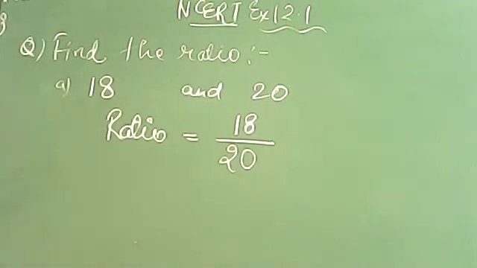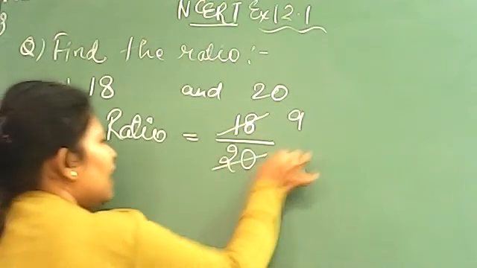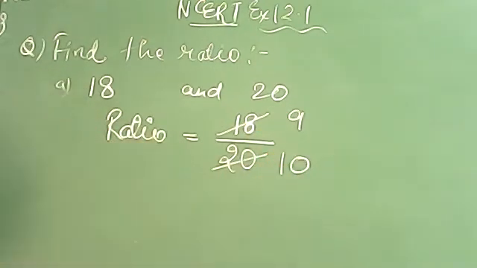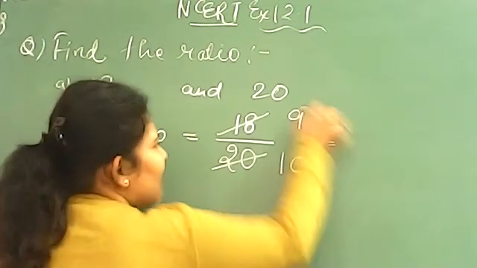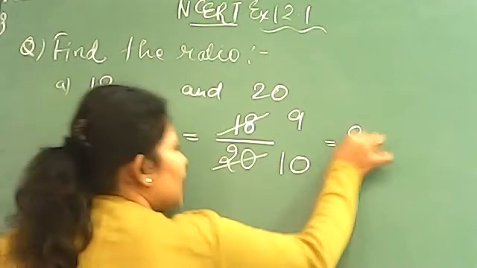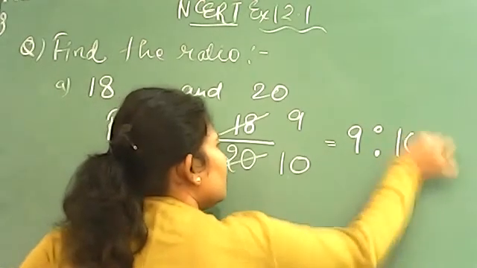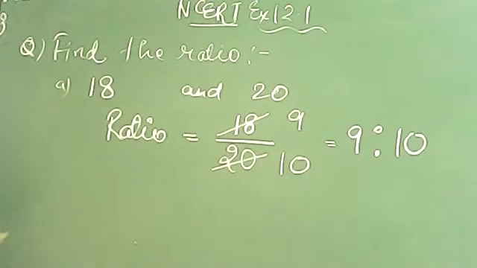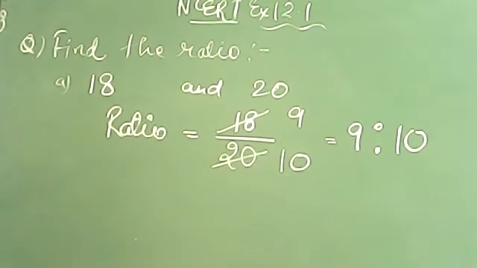Now 80 by 20, is it the simplest form or not? It is not. Can you tell me which table it is? 20. 4 twenties are 80 and 1 twenty is 20. Will it cancel more now? It will not cancel now. So our final answer is 4 by 1. So instead of writing 4 by 1, we will simply write it down 4 ratio 1. This is the final answer. Remember, ratio will always be written in the simplest form only. Clear? Yes. Only note down this question.